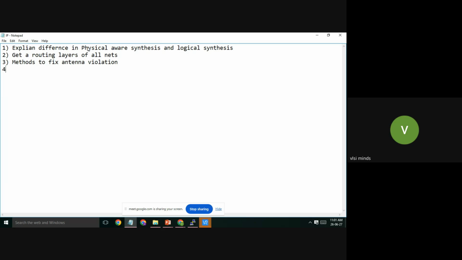Fourth, how to handle timing if setup and hold violation is seen in the same path.